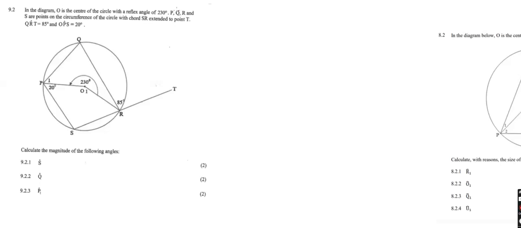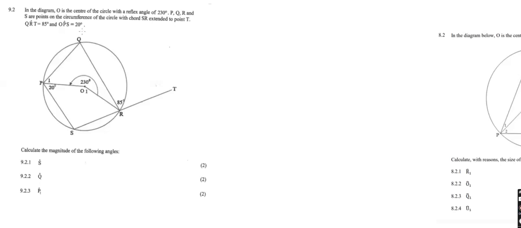P, Q, R, and S are points on the circumference of the circle with chord SR extended to point T, and then angle QRT is 85,